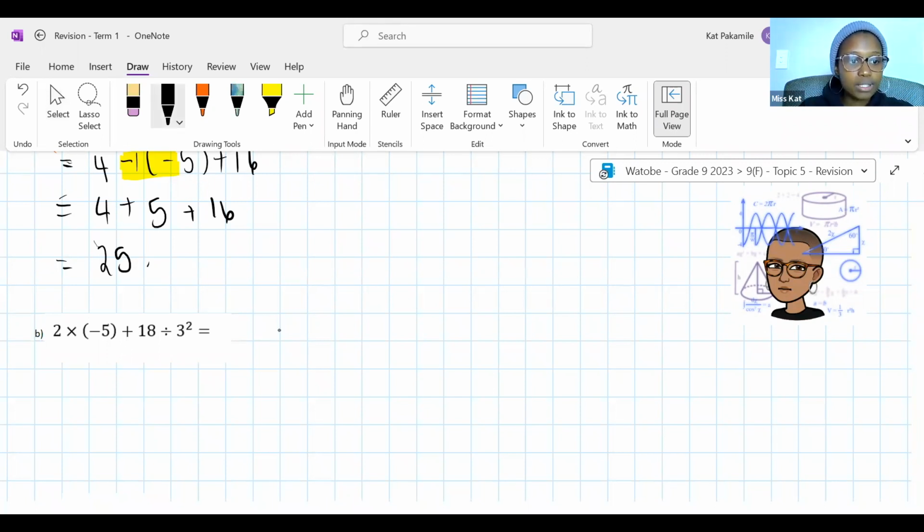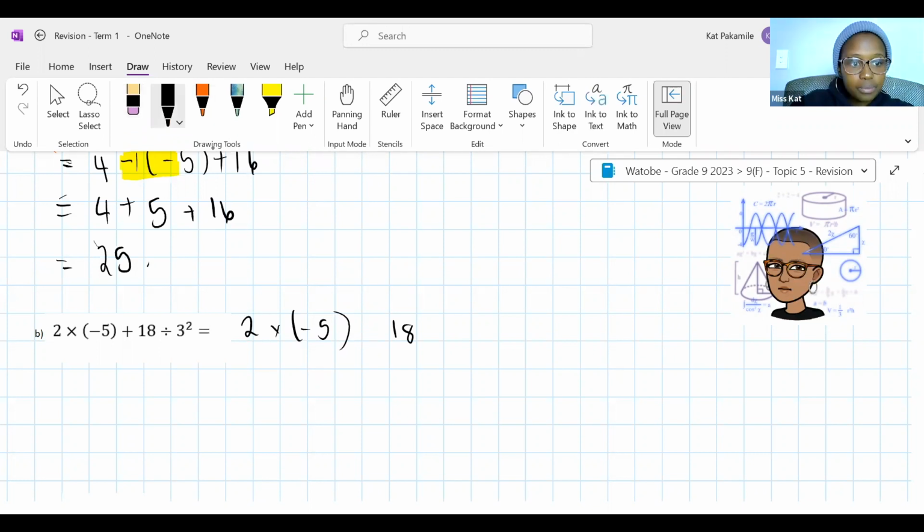Brackets, no brackets, but we have exponents. Yes, thank you, Amahle. We have exponents. So guys, I would recommend you just keep rewriting these the way they are, okay? Someone's going to ask me, ma'am, can't you just work out some in one step? You can, but if you make a mistake, you are in trouble. Oh, that's plus 18.